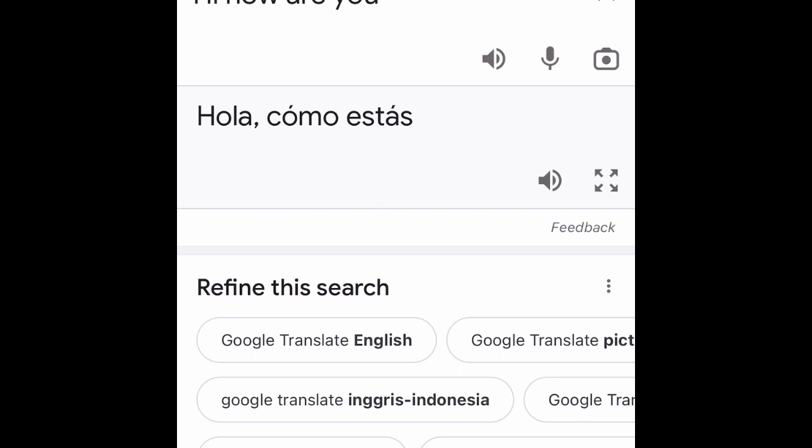We say it kind of softly, like this. Hola, ¿cómo estás? See how the T is kind of soft, but how they say it is like this. Hola, ¿cómo está?